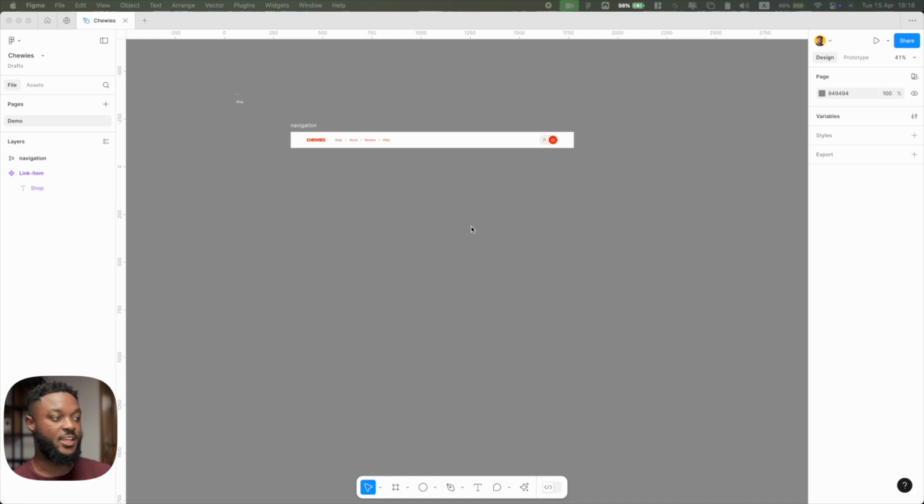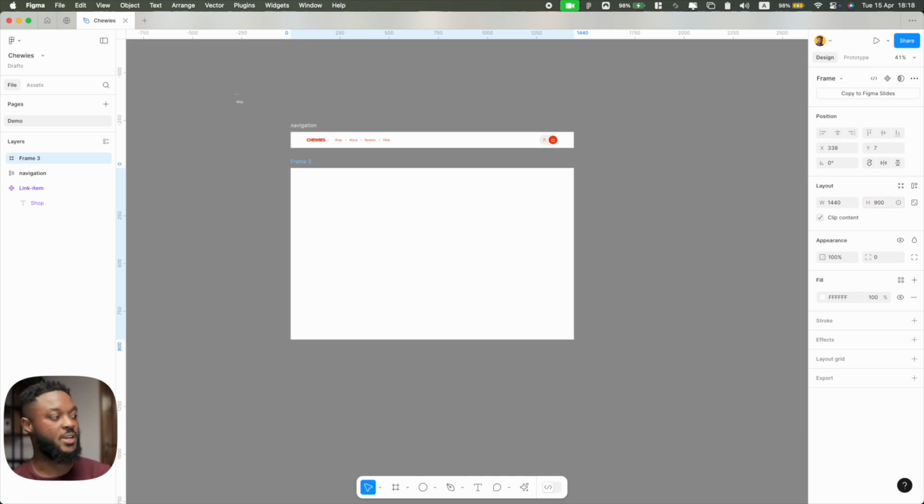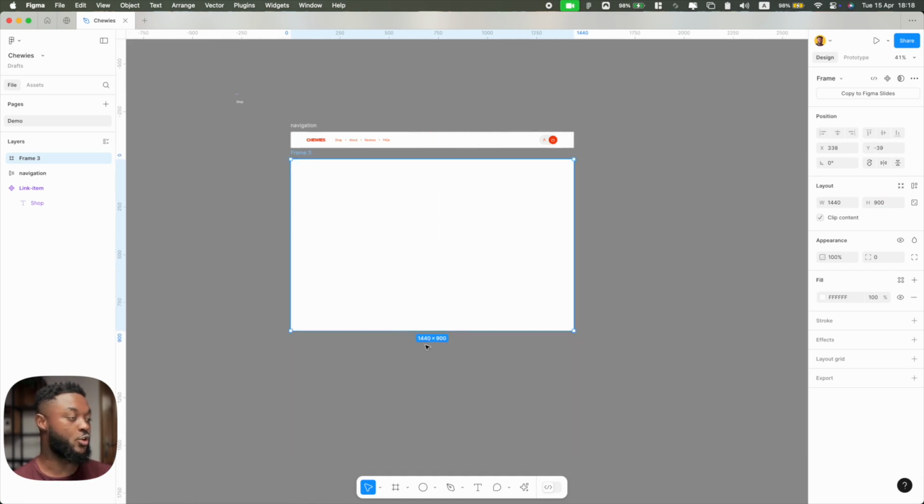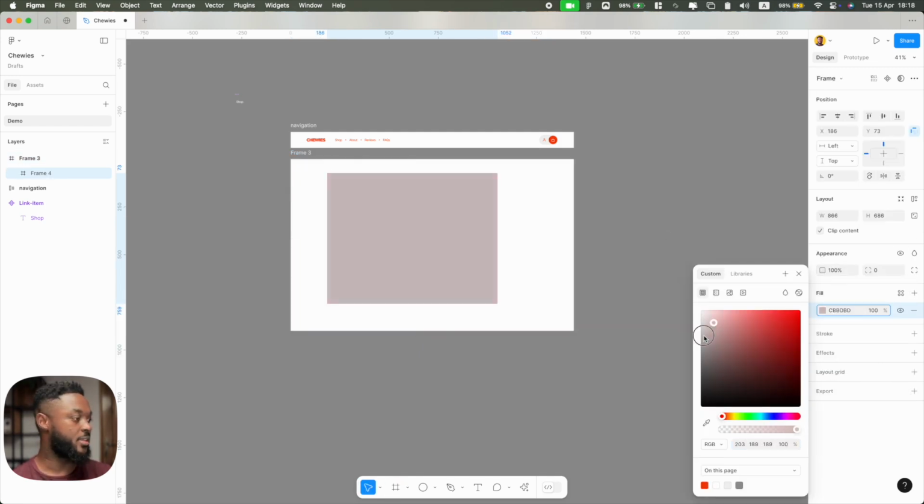For the hero section, we're going to maintain a width of 1440, so I'm going to set that now. The height is most likely going to be 900 pixels, so let's set that as well. And the thing about this hero section is that it's not going to contain any internal padding. Rather, it's going to contain 2 boxes that are going to have padding. So we're going to add the first box. Going to make the color gray,